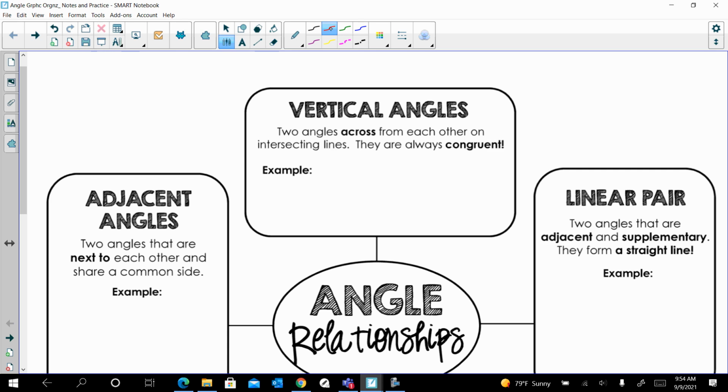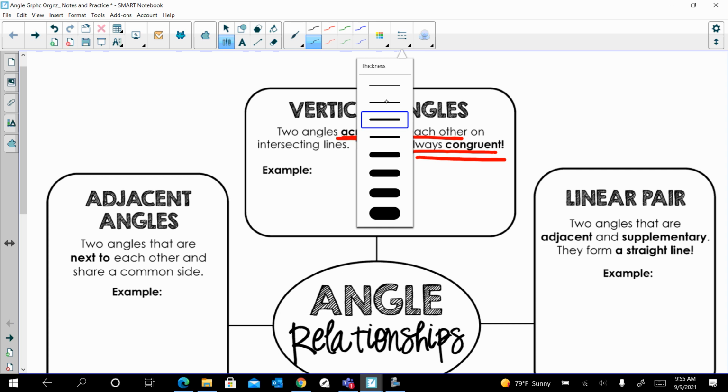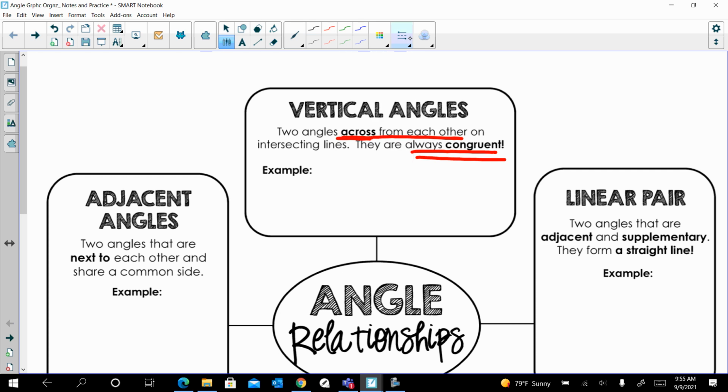So for vertical angles, these are 2 angles that are across from each other. And this is very important. They're always congruent. Always congruent. So I'm going to first show vertical angles by indicating 2 lines that are intersecting, because that's the